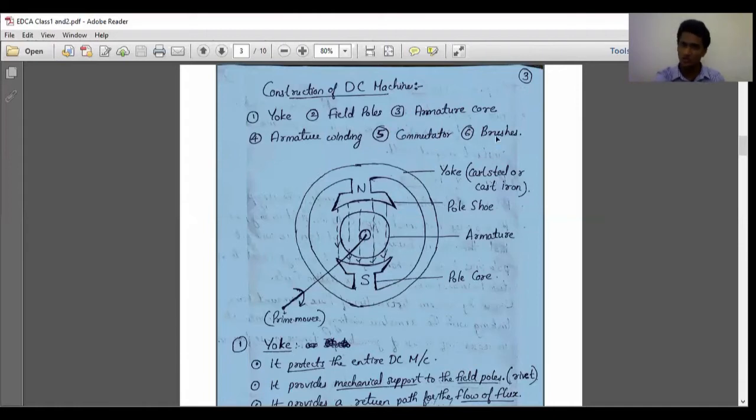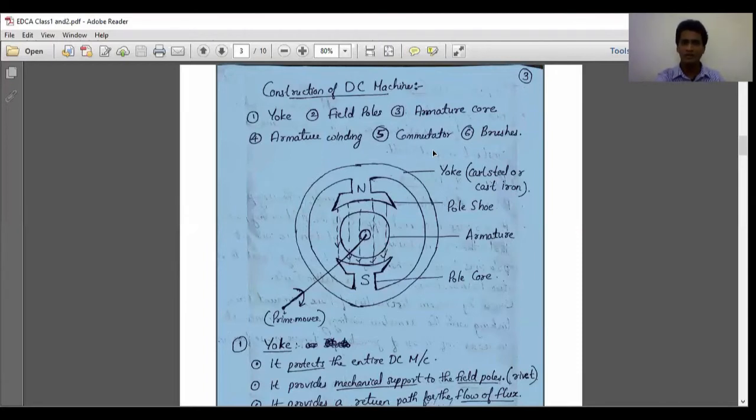Clear? Here also brush has the same use. For giving current to a rotating element or taking current from a rotating element, we require brushes. So in case of DC motor, what are we doing? Are we taking current from the armature? No, we are giving current to the armature. So here the brush is used to give current to the armature. What type of current? AC current. But we are applying DC supply to the armature, so the commutator will convert that DC to AC. I hope it's clear for you.